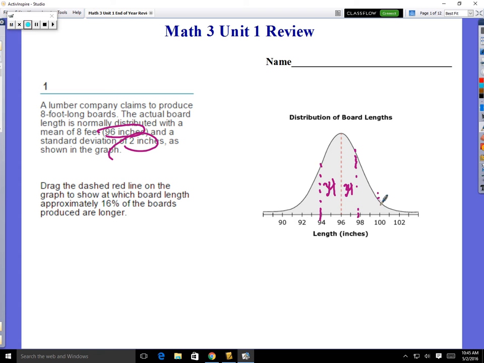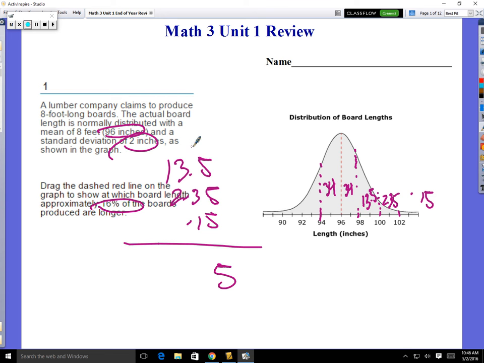Okay, now if we keep going, if we break down 2 standard deviations away from 98 to 100, that captures 13.5% of them. And then 100 to 102, that captures 2.35, and then 102 beyond captures 0.15. So at which point shows that the board length, 16% of the boards are longer. So if you add the 13.5 to the 2.35 to the 0.15, if you add these three together,